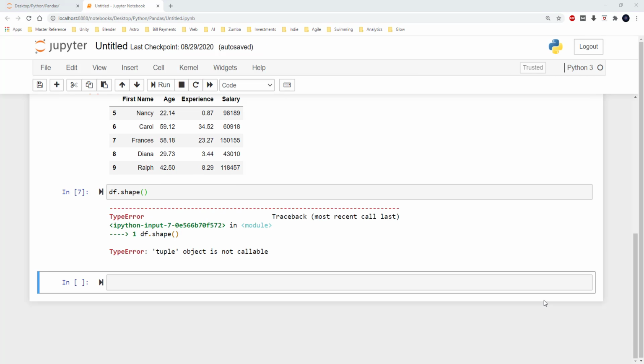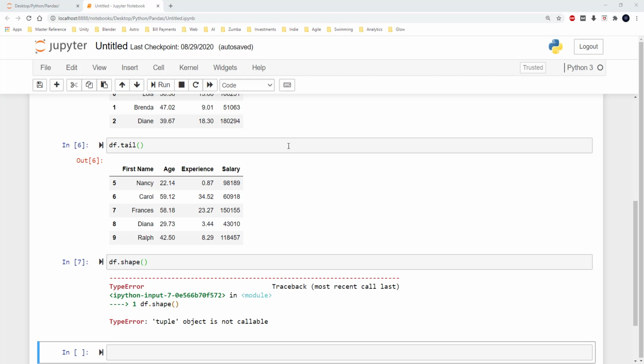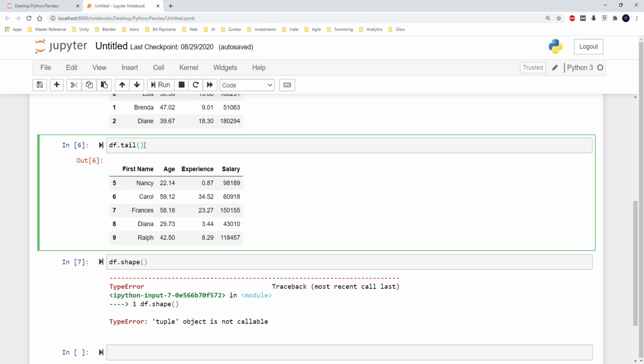So this has not worked, it has thrown an error. This is because df.shape is an attribute of a data frame. Unlike df.head or df.tail, which go with brackets, those are methods, and they are used to do something with the data frame.